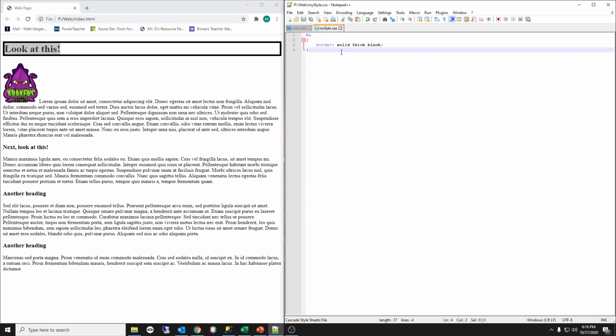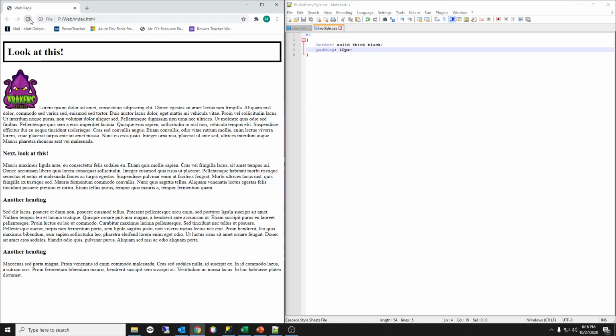You can see in my style sheet I've already turned on a border, even though we haven't talked about border, and I'm turning it on because without having a border, it's hard to see the difference between padding and margin. So let me set some padding here. One of the ways we can do padding is to just specify a single value, in this case 10 pixels, and I'll save that. I'll come over here and refresh my page, and you can look, there's an extra 10 pixels now